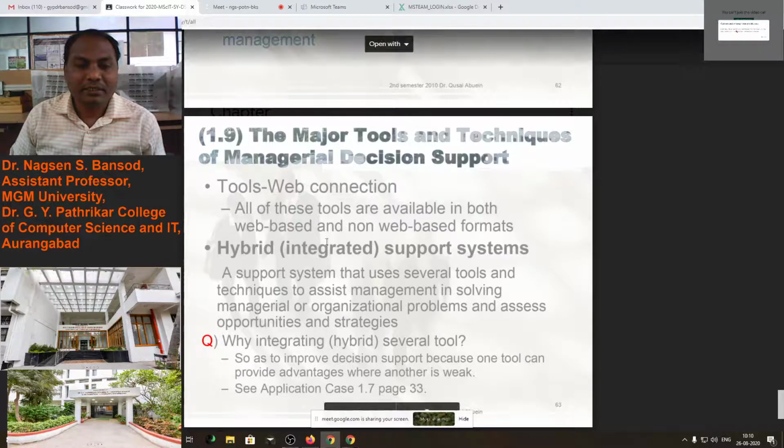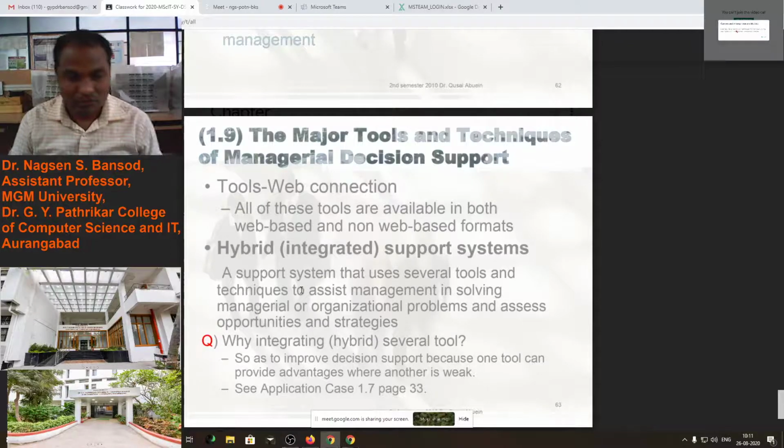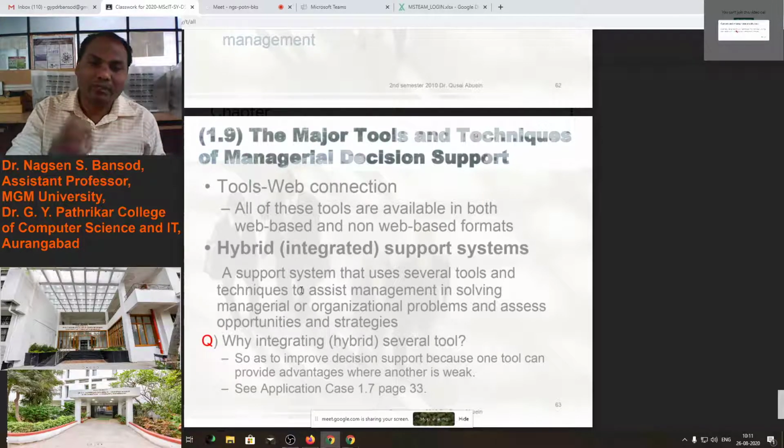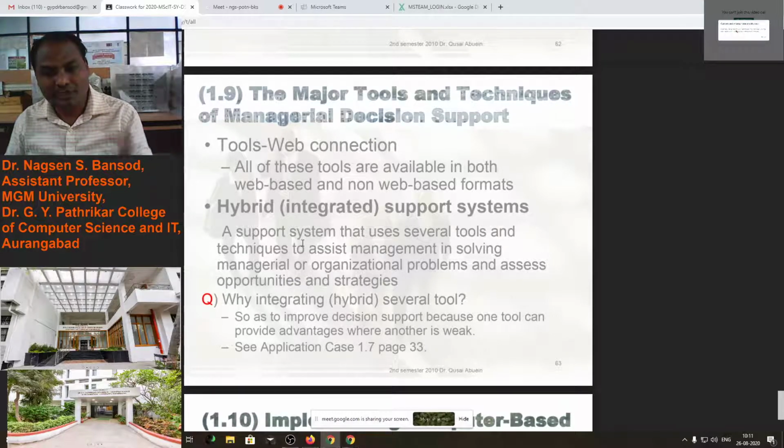You see here notepad in computer, notepad tool, notepad software is there, that is the non-web based tool. We can just use it standalone, means we have to install that software in our computer, then that will work. On web it will not work. Now you see Excel, PowerPoint, all these tools become a web-based tool. But before some year, it was a stand-alone tools.